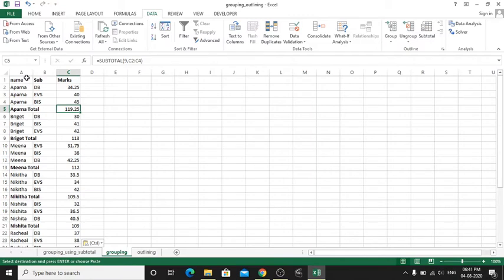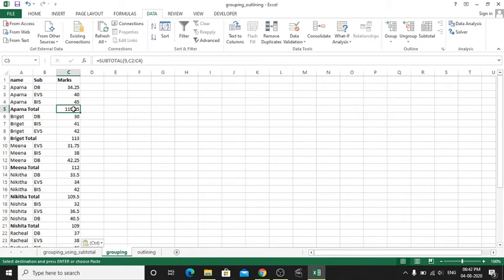Okay, so now we have the data with Aparna's total. So we have data with a total column. You should take care that if your data does not have any total column or subtotal functions, then you have to perform the subtotal first. Subtotal in the sense of what? Sum, average, count, or any of the functions that should be performed in your data first.